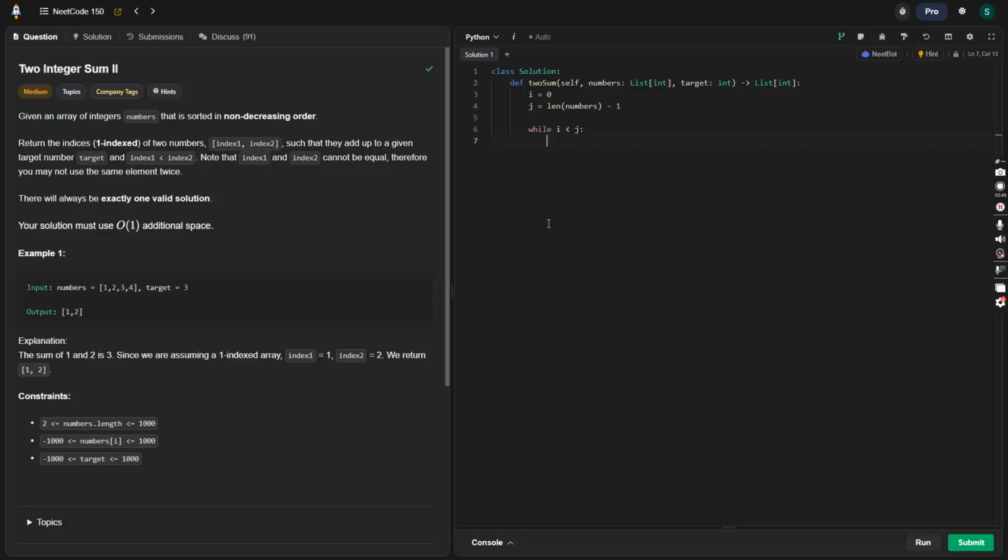Now, while i is less than j, we need to check something all the time. Every time we loop, we need to check this one condition. What is that one condition? We need to check whether the sum of these two values equals target. So to do that, we can create a sum, an integer value, that does numbers at i plus numbers at j. That's just a sum, right? And we need to check whether this equals target. So if sum equals target,